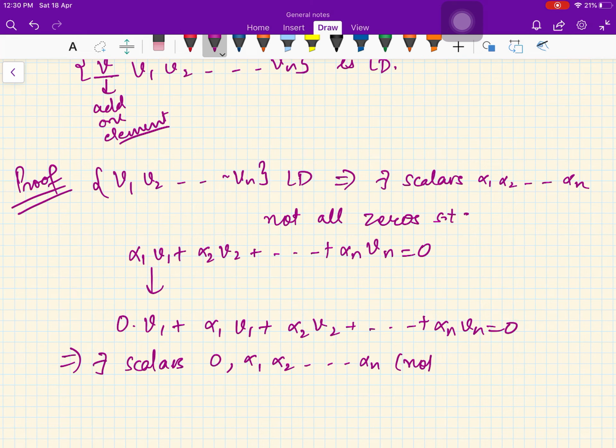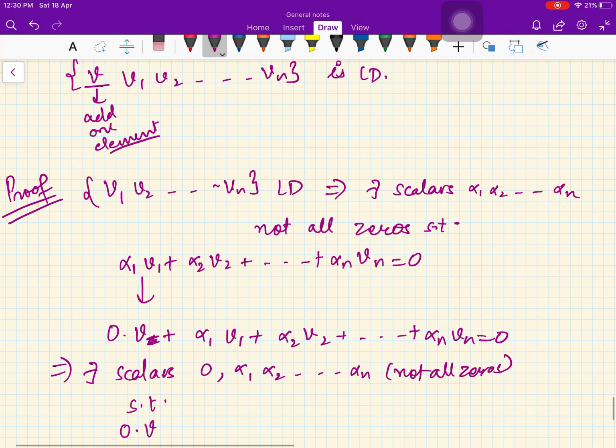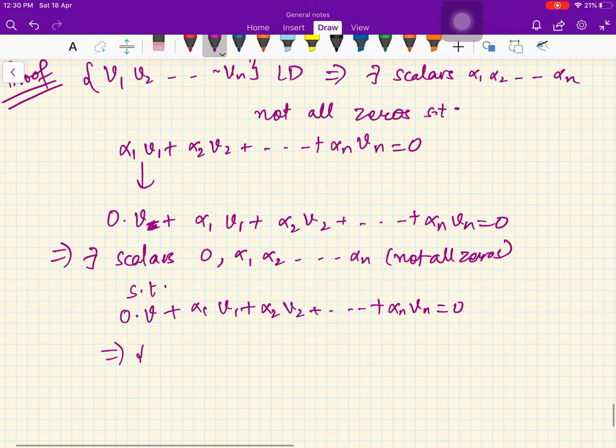It means that there exist scalars 0, alpha 1, alpha 2, ..., alpha n, not all 0, because we know one of the alphas is non-zero, such that 0 into v, the extra vector we added here, plus alpha 1 into v1 plus alpha 2 v2 plus so on alpha n vn equal to 0. It implies the set v, v1, v2, ..., vn is linearly dependent. So supersets of linearly dependent sets are linearly dependent, and subsets